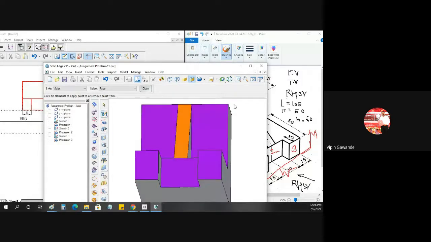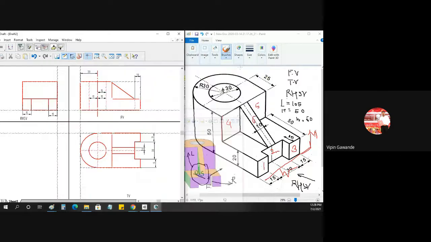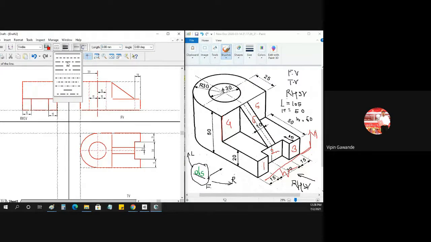Now we have to draw that rib in the middle, so the rib will come here. How to draw that rib? First we take the center line here. After the center line, on both sides, we have to take two vertical lines.